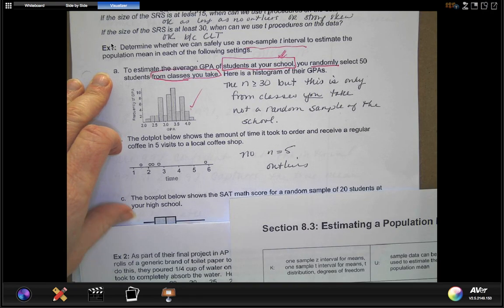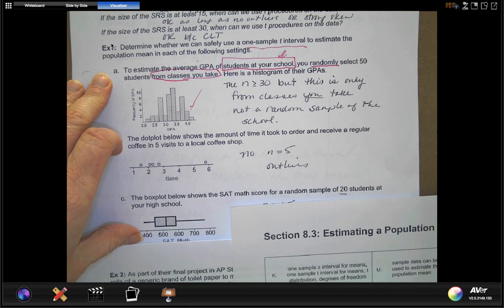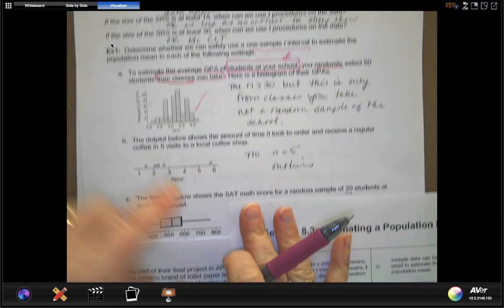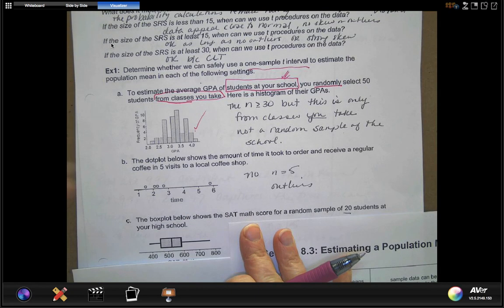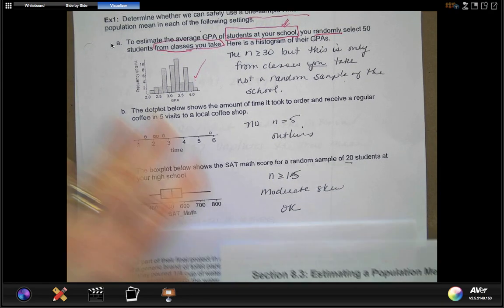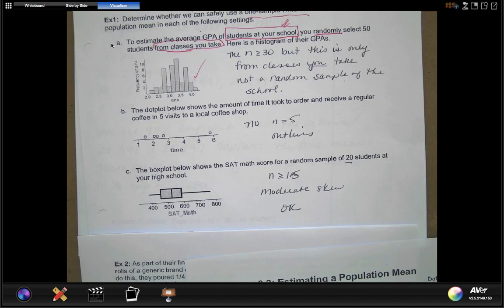Last one, the box plot shows the SAT math score for a random sample of 20 students. So I've got 20, so I'm in that middle range there at your high school. I see a little bit of skew here, but again, no outliers. The skew's not strong. It's not a tiny sample. So I'm going to say I'm okay here. Moderate skew, I'm okay to proceed. Okay? All right, so